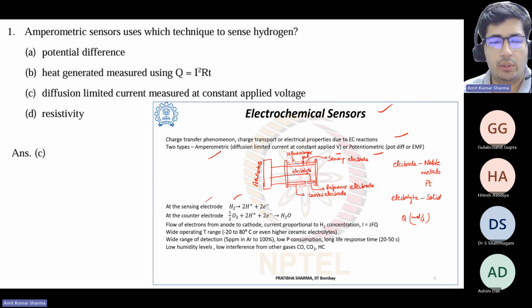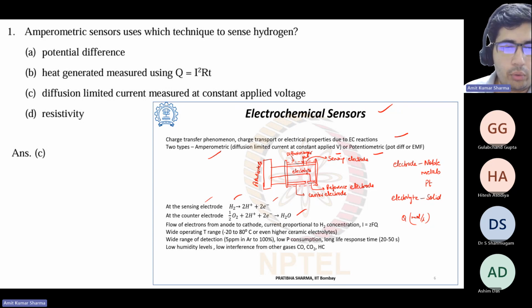At the sensing electrode, the hydrogen reaction is H2 giving 2H+ plus 2 electrons. At the counter electrode, oxygen reacts with the hydrogen ions and forms water. The flow of electrons from anode to cathode gives a current proportional to the hydrogen concentration. So basically we are measuring the electron transfer. Since the current is happening due to the hydrogen only, with this equation you can have a calibration